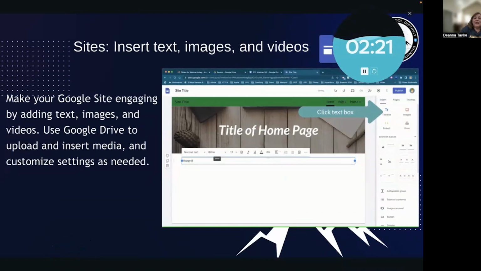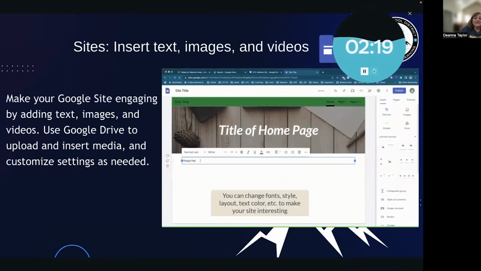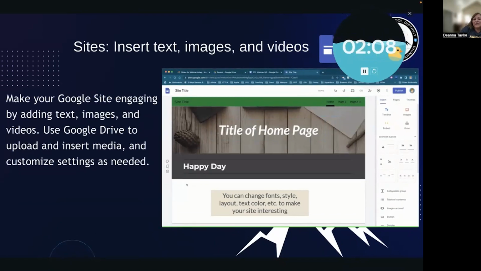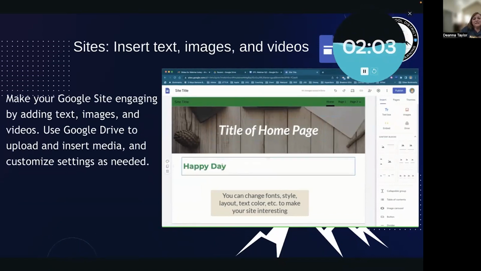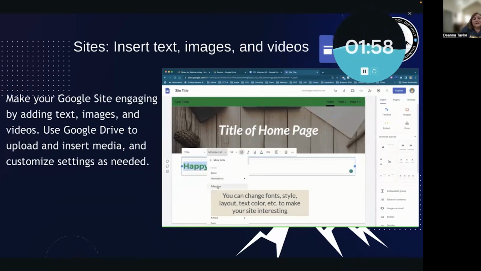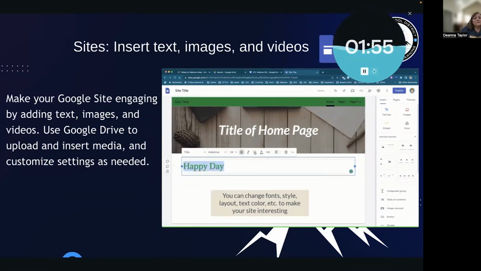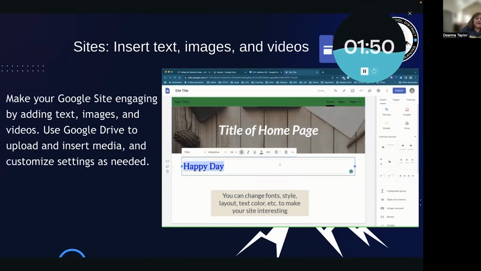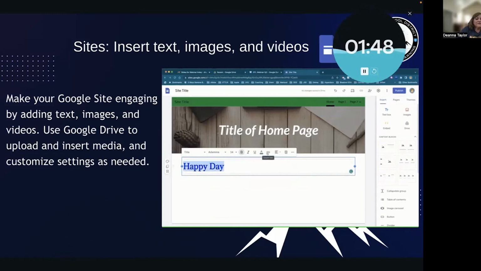And you can make it really engaging by adding different fonts, text, and images. Because it integrates so well with all of the Google tools, you can see exactly what you're doing and change everything, add media, and make it more customizable for you. And the themes are really easy to manipulate in this, so you can change the font colors. They've added so much more to Google Sites. They never used to have that rich content editor that they have now, so you can actually customize it and do that with your text boxes and things. So next one.